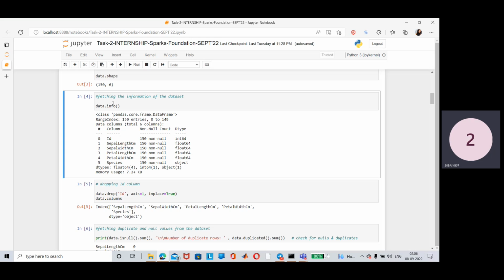Now I'm just fetching the information from my data set, and as I can see that the ID column is of int type, then sepal length, sepal width, petal width are of float type, and species is the target one, which is an object. Now I'm just dropping my ID column. It's because it's kind of repetitive and there is no need of this column. So I'm just using data.drop ID. Then I'm printing my columns and I can see that it has been completely dropped out from the